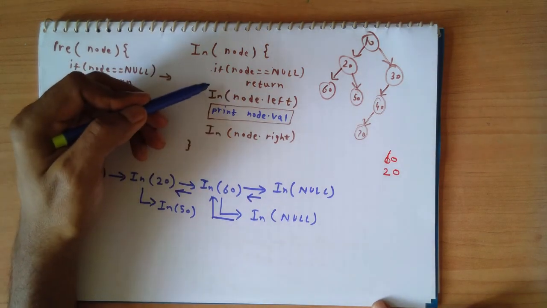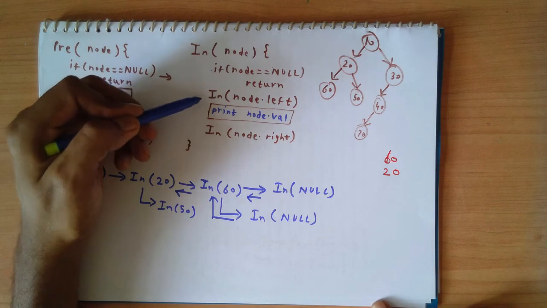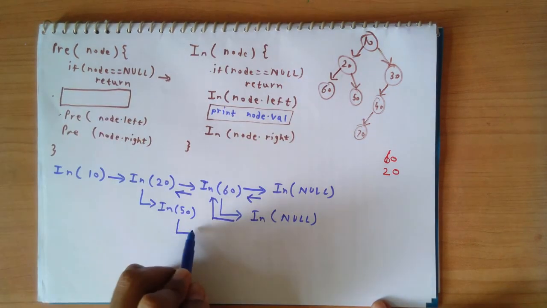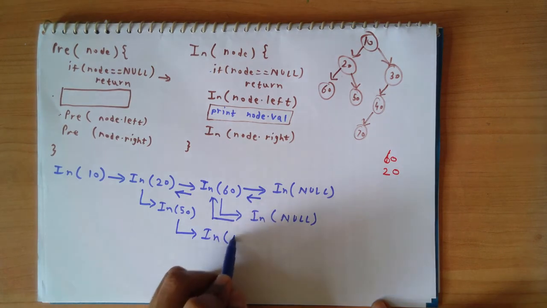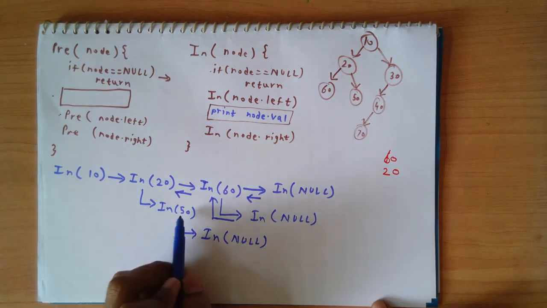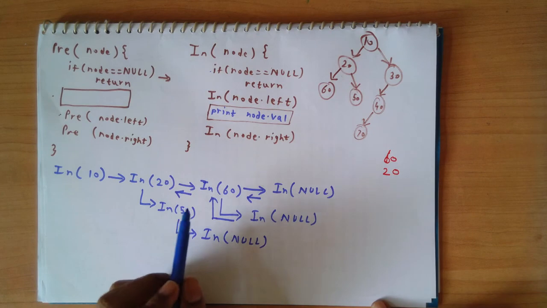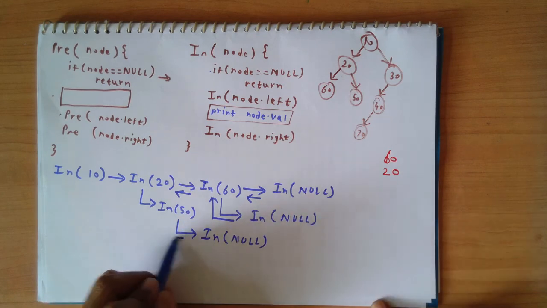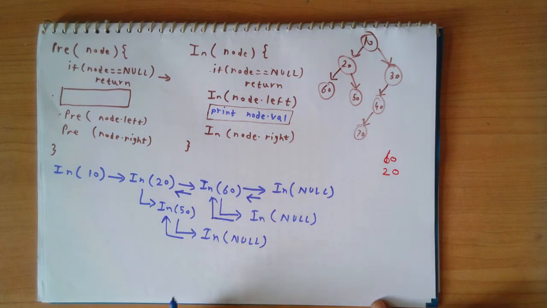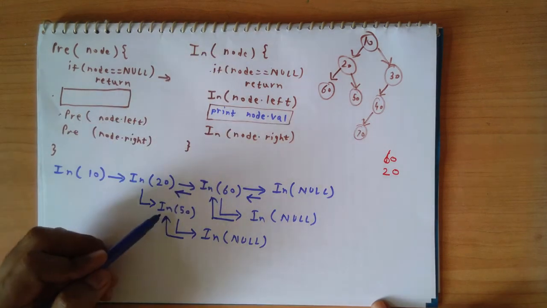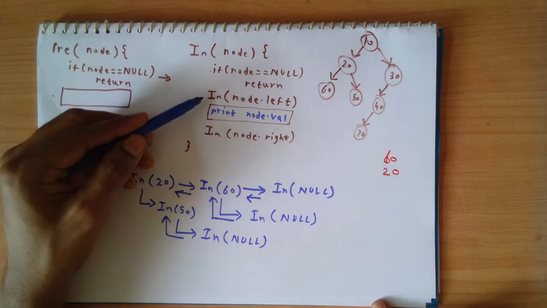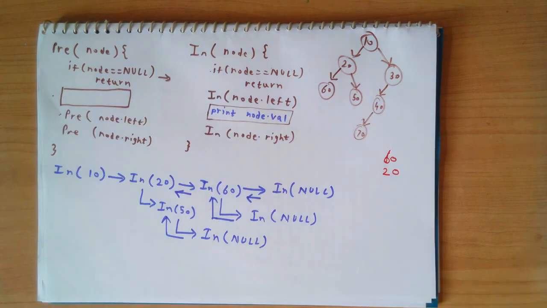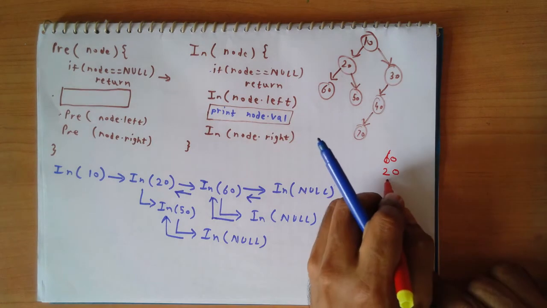50 is not null. So I have to start the in order traversal on the left subtree of 50. So I'll call in order on null because it's a leaf node. And as you know, what happens if you call something with a null node, we simply return back without producing any output. So we'll resume the recursive call for 50, and the next statement here is to print the contents of the node. So now I will add 50,